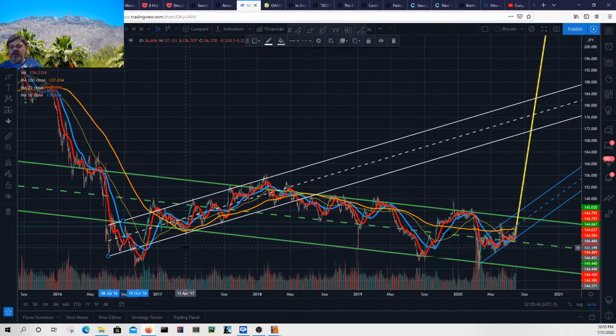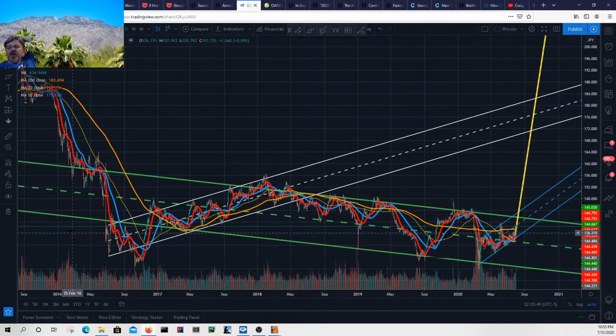And if you look, here's the fractal nature of these markets. Okay, see how,